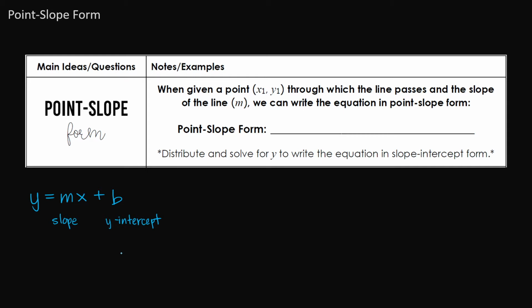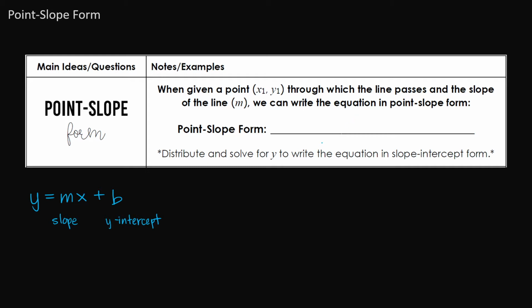There's also standard form, which is used less often, and it's for determining the x and y-intercepts on a line. But let's talk about point-slope form today. This is really useful when you are given one point on a line, and the slope of the line. So when we're given a point, x1, y1, through which the line passes, and the slope of the line,